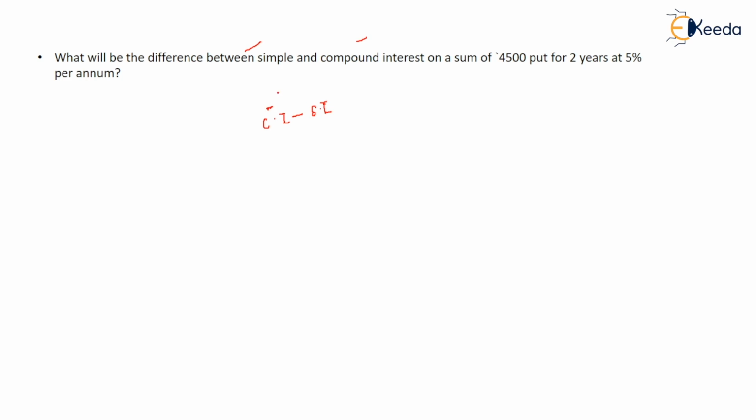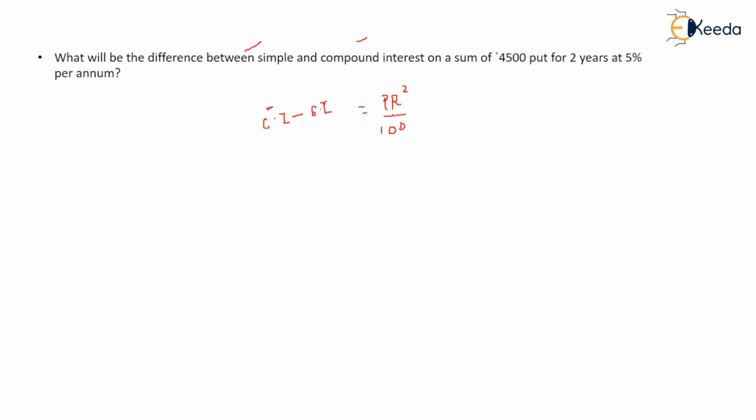That's why banks give you loans on compound interest, because they get more. In compound interest, whatever amount you are paying, on that also you have to pay interest. That's why it is more profitable. So it will always be bigger. So compound interest minus simple interest. This is the formula for 2 years. Whenever there is such a question, you have to apply this formula, and for 3 years, if the difference